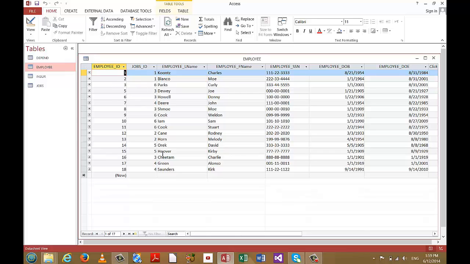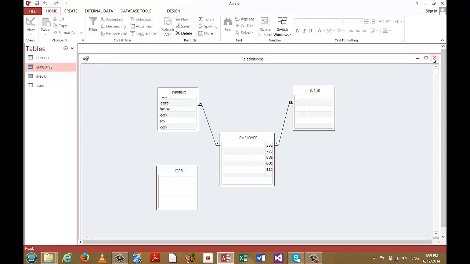So anytime I delete a record, that primary key value is never used again. It's only used once, and if the record gets deleted, it will never be reused. So record number 4 at some point in time was deleted, and therefore, even though the highest ID number is 18, and even though they're more or less in sequential order, in fact they are in sequential order, record number 4 is missing from that sequence. So there are 17 total employee records, and if I close that